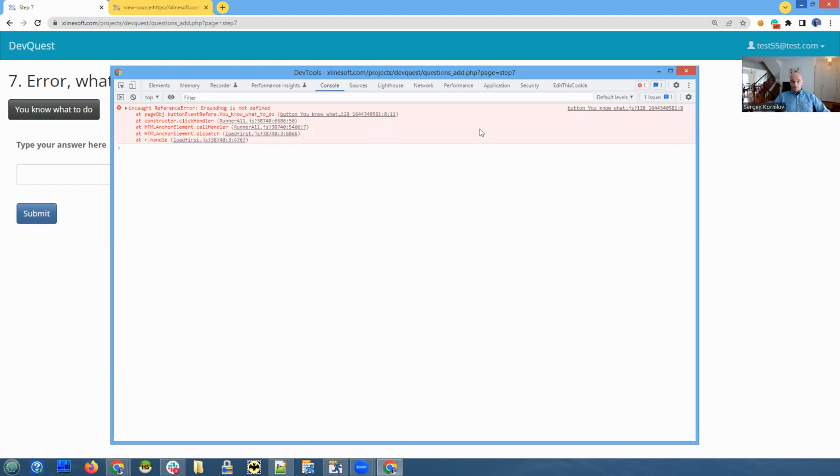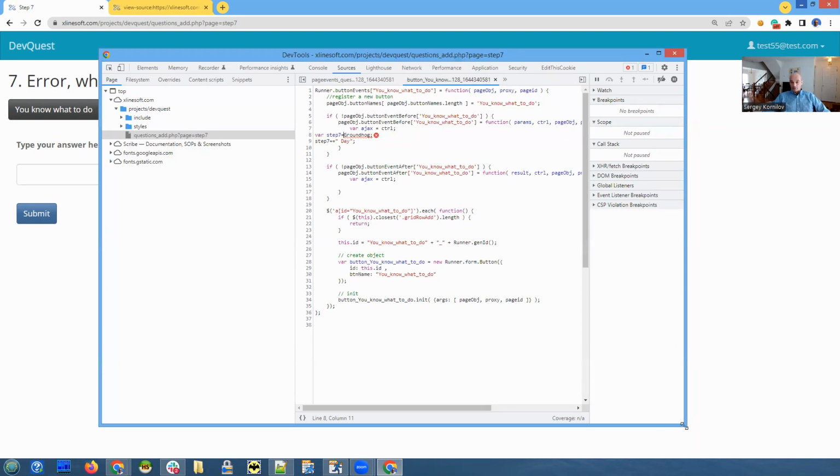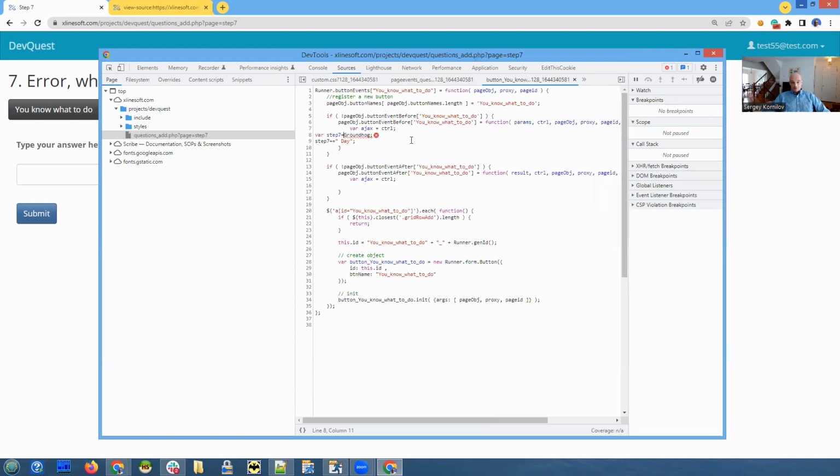Luckily, it shows us where exactly that error happens. So we click this source file on the right side, and it shows us the source code of this button. There is a bunch of additional code that phprunner adds, and the actual code that you add to phprunner or phprunner.net is just these 2